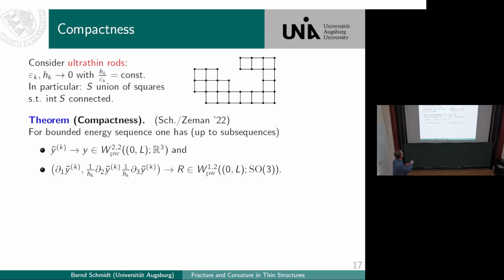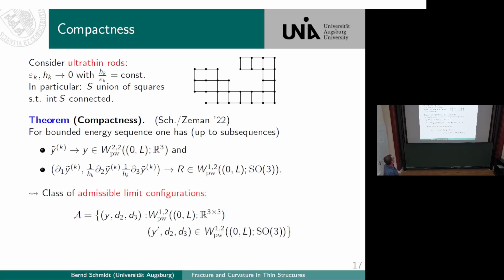So this is the tangent vector. This is y that traces the rod, and this is the tangent vector, and this is an orthonormal frame, this R which goes along the rod. Right? But this tells you already the class of admissible configurations is the one that you know from continuum theory, but they can have certain